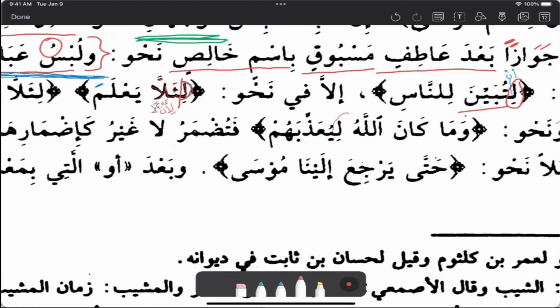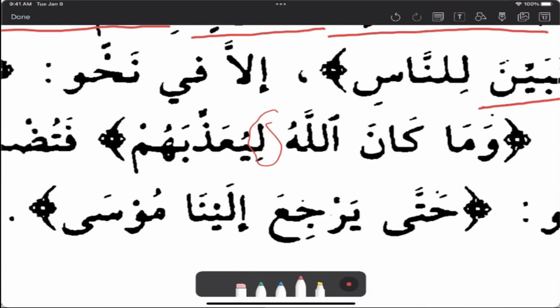There's a lam here. وَمَا كَانَ اللَّهُ لِيُعَذِّبَهُمْ. Here, in this case, you have to hide the N. You don't say li an, you don't say وَمَا كَانَ اللَّهُ li an يُعَذِّبَهُمْ,